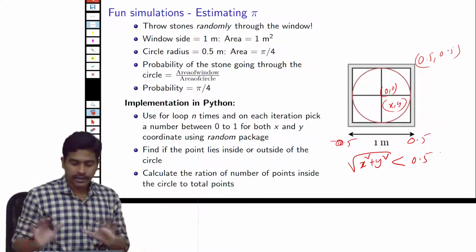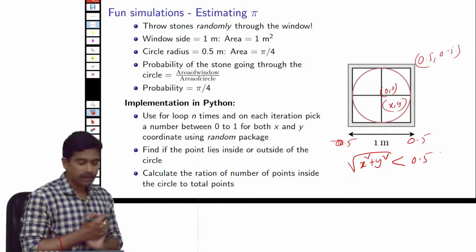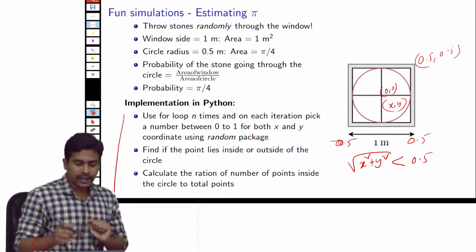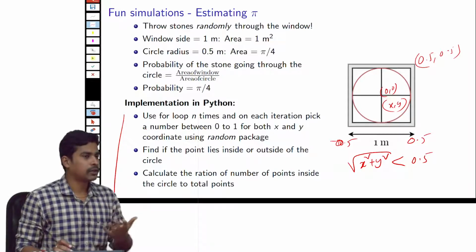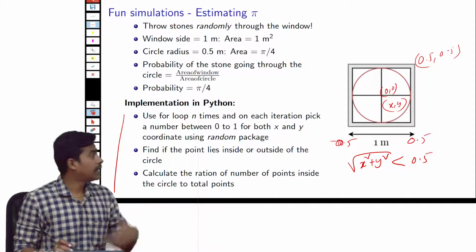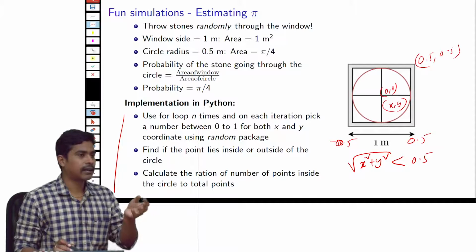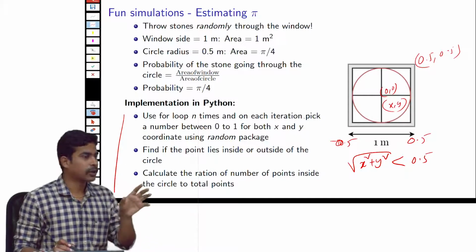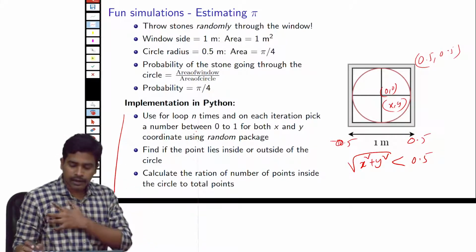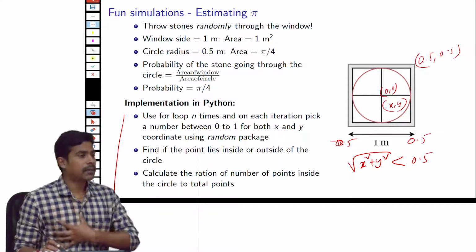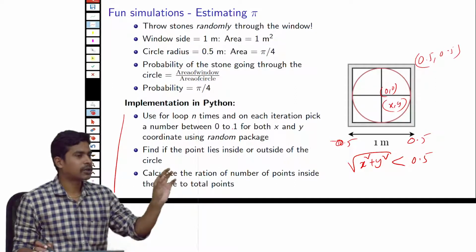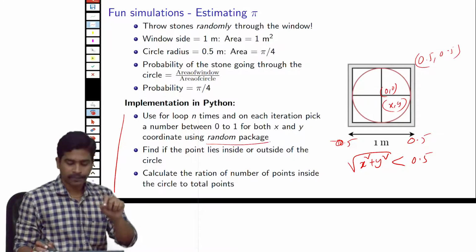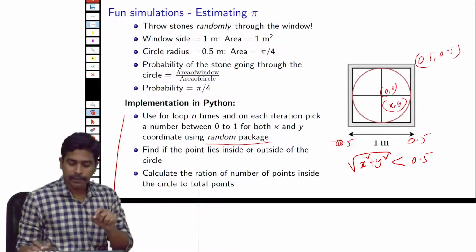Okay, so this is the idea that we are going to use to write the program, and these are the implementation steps. We use a for loop to simulate n number of trials, or n number of stones thrown into the window, and on each iteration we pick a number between minus 0.5 and 0.5, or 0 to 1, for both the x coordinate and the y coordinate, using the random package in Python.